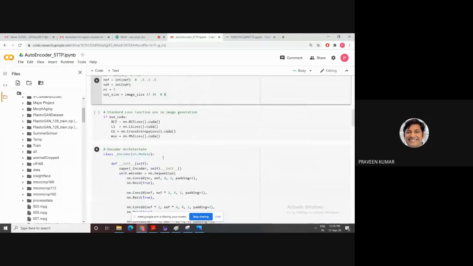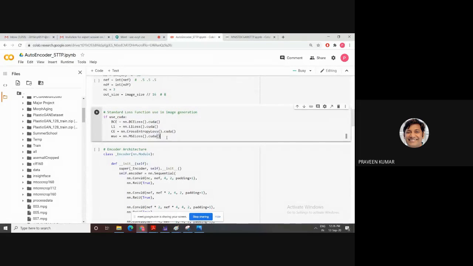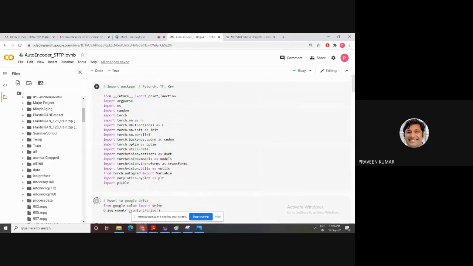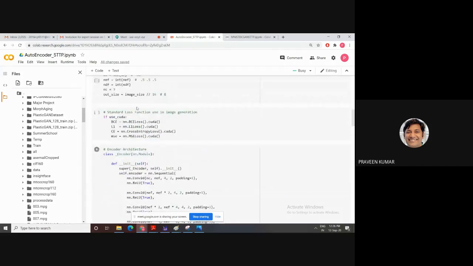After initialization, you must go for the loss function. The standard one I have used in this program is the L1 loss function. The nn library is available, and all the loss functions are present in it. The most popular loss function is BCE, binary cross entropy loss. MSE, mean square error, means the L2 loss function. In my program, I am using the L2 loss function. CUDA means converting your values to the CUDA platform.